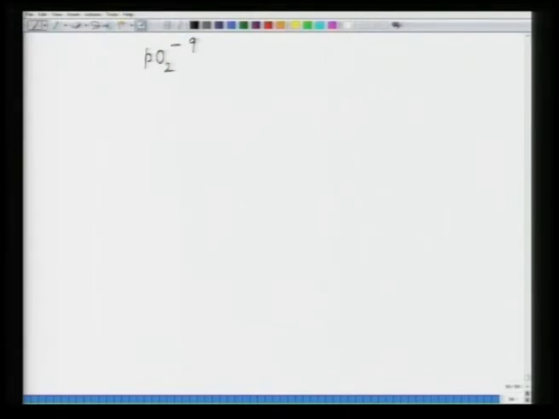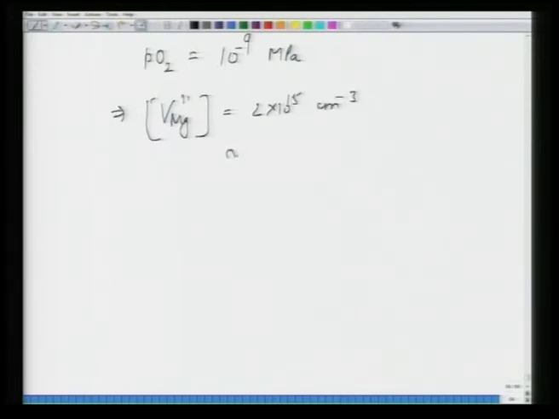Now, if you change the partial pressure of oxygen, so if you take PO2 to be equal to 10 to the power minus 9 MPa, in such a situation again you recalculate, and this gives a Vmg concentration of about 2 into 10 to the power 15 per centimeter cube. This is equivalent to 0.04 ppm